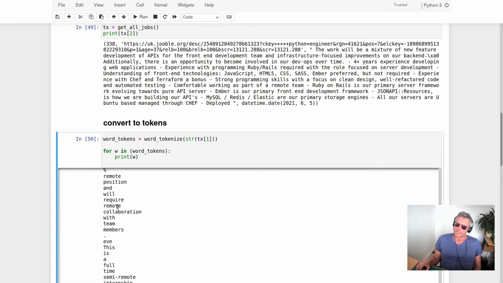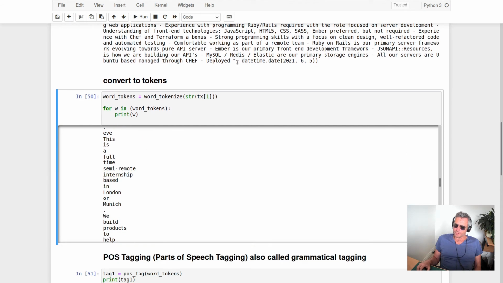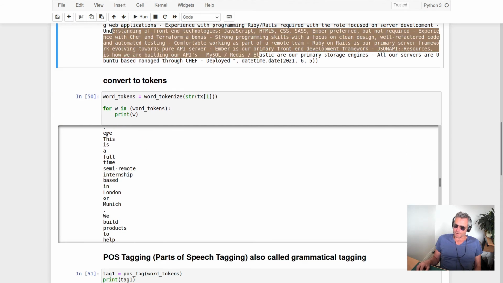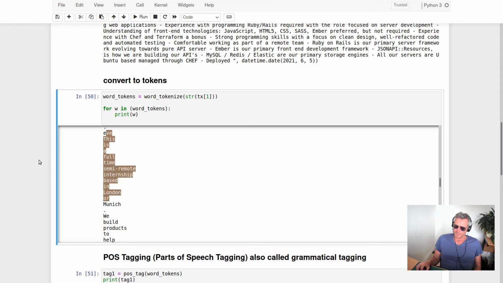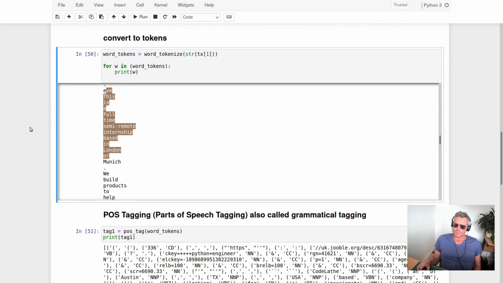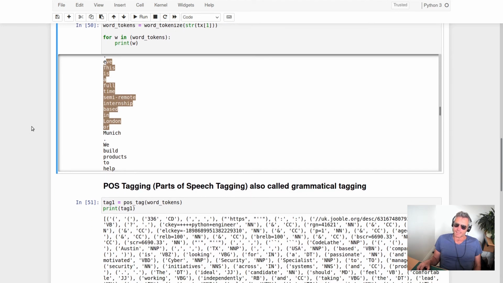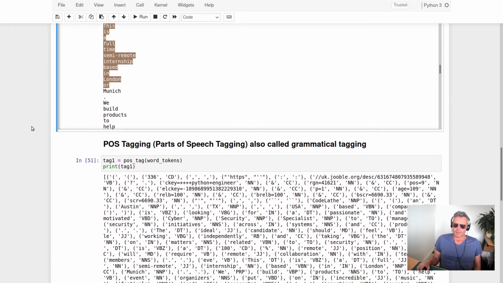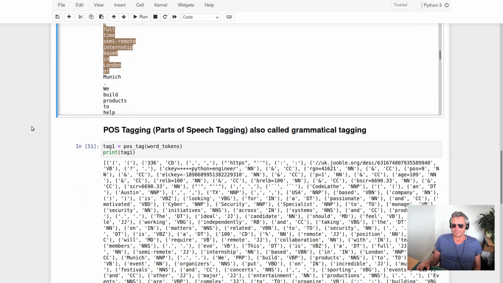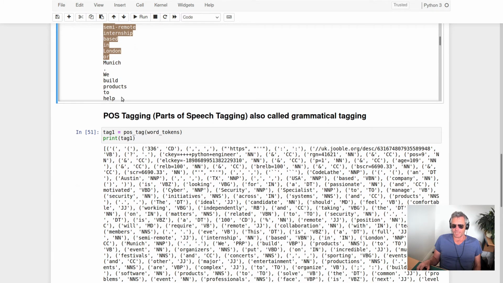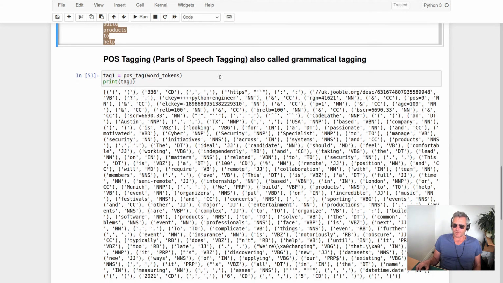Well, actually, I say that, but the percentage sign and 100 are actually separate. But as you can see, we've turned all of this paragraph into individual tokens. We need the tokens so that we can analyze them, because as a big long string, you can't really break it down. So you need to break it down first and then try and make sense of it with